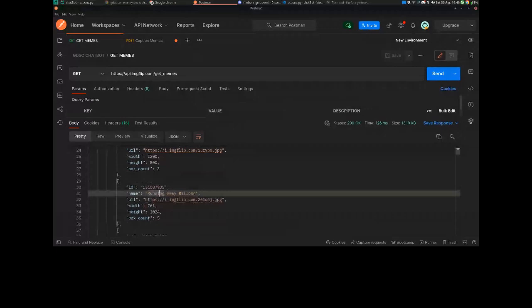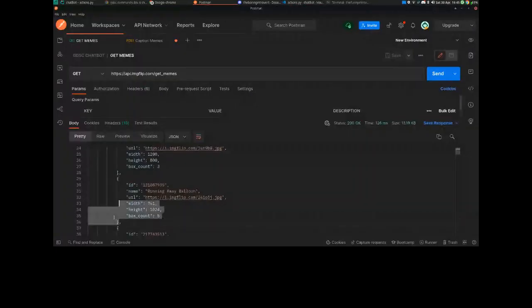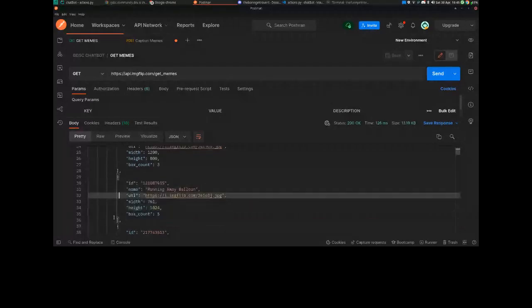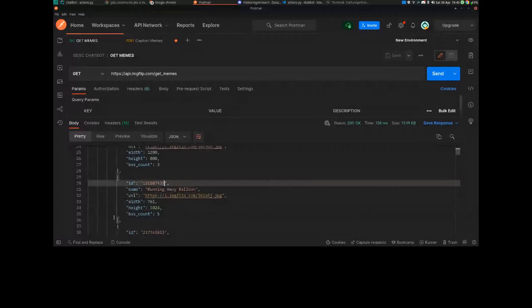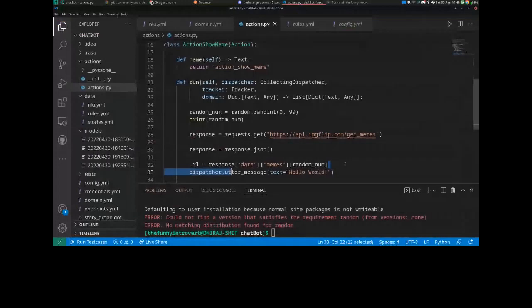But this will give me this whole object, or just think of it as everything. But we don't need everything, right? We just need this URL. We don't need to know the ID or the name. We just need the URL. So to get the URL, as I said earlier, we will write the same as this and just add URL. Okay, just do Control Z and URL, and this will directly give us the URL. I hope everything is clear. That's all we had to do, and all we have to do is pass it as a URL.